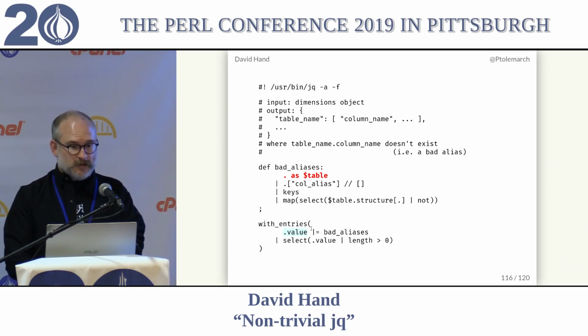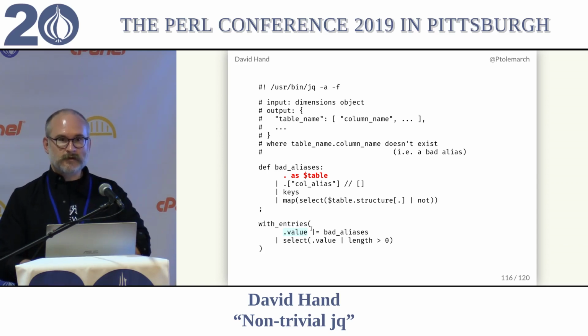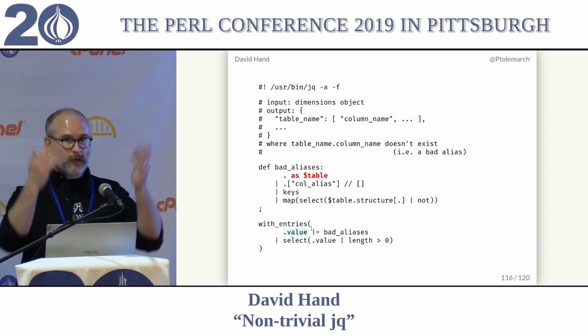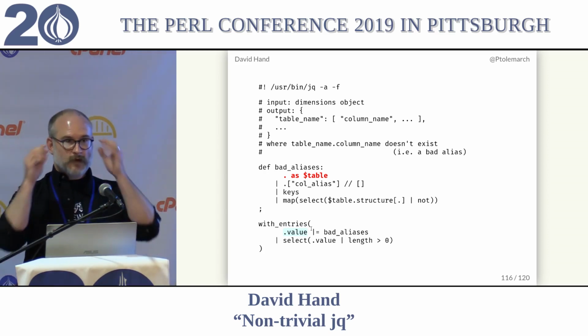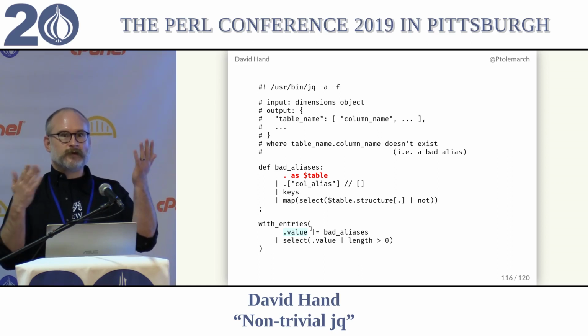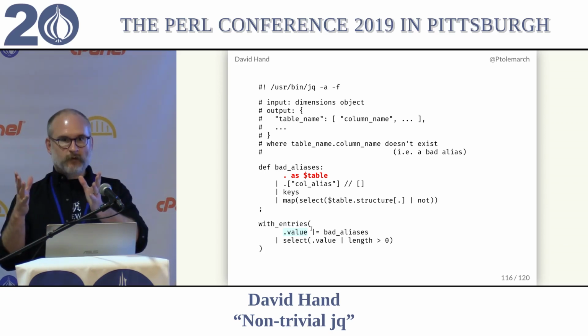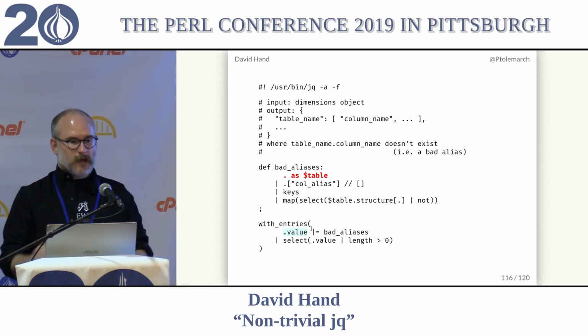Now, by the time we get to keys, dot is just the aliases. The table's gone. There's no way at that moment to get back up to the table, no way to climb up. It's not like some kind of doubly linked tree or something. But what you can do is stash dot away into this variable table, and then I can use that later on to dereference table dot